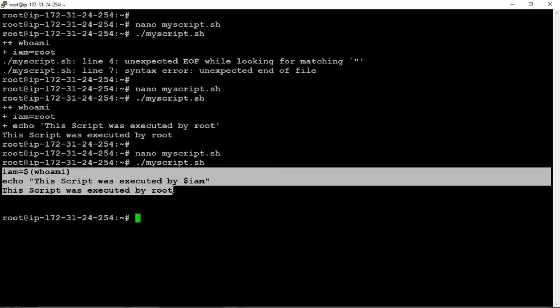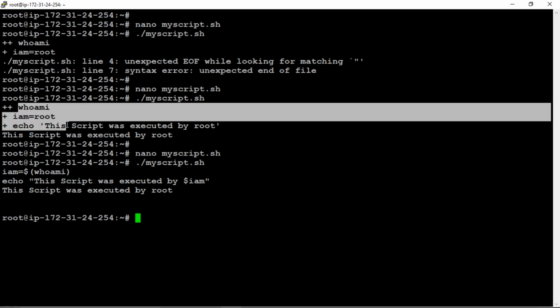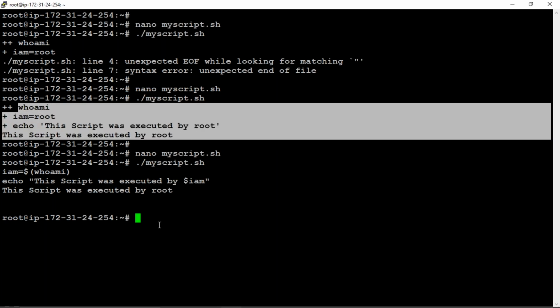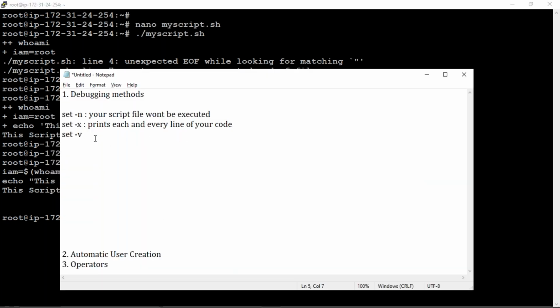Whatever the content inside of our program, that will be printed as it is, but with small differences. It also prints the code as it is.